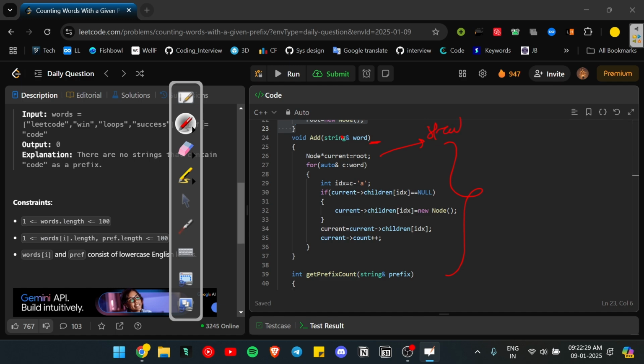This starts at the root node, and after this we have to iterate a loop, for each character of the word we are iterating here, and this index converts the character C to its corresponding index. So that's why we are using index here, and this if condition we are using for if there is no node